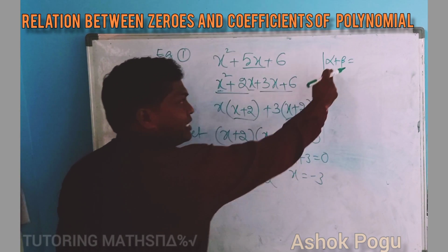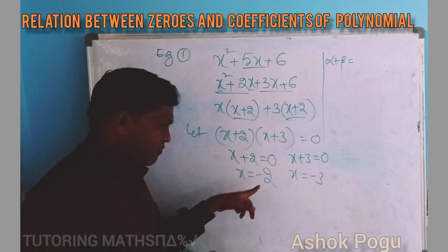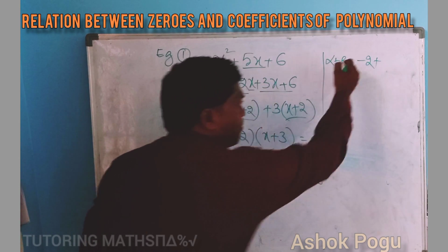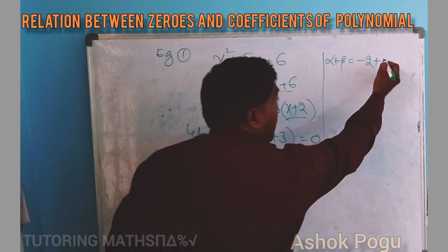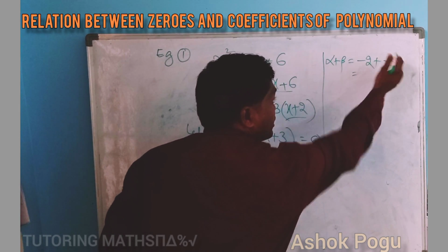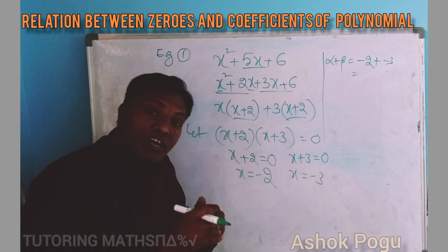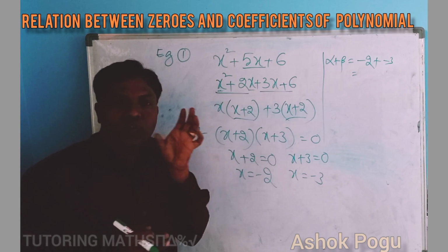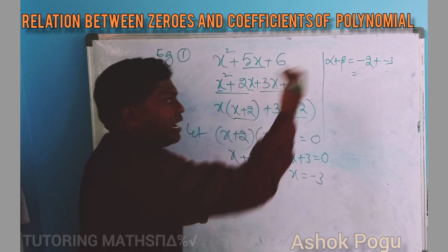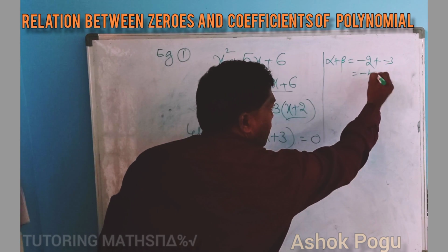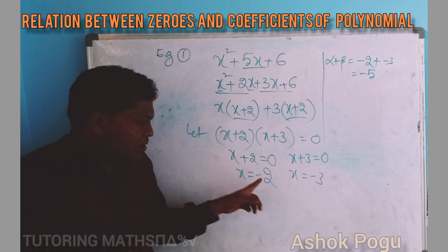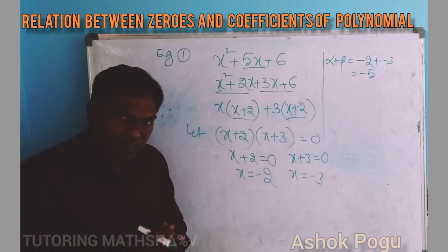And what is the sum of the zeros? Find this. Alpha is minus 2, plus beta, that is the second zero, minus 3. Minus 2 minus 3, both are negative, which means you can add them because they belong to the same group, and directly minus 2 minus 3 is minus 5. Now we have got that the sum of these zeros is minus 5.